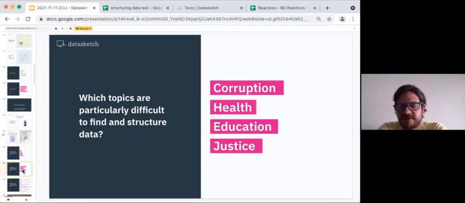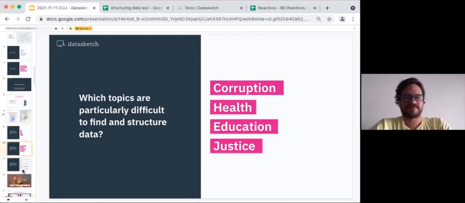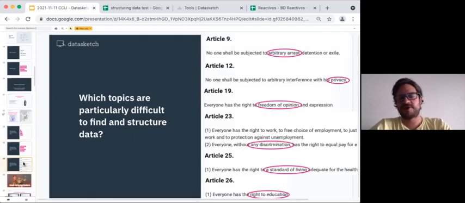And these are not the only topics. So basically anything that's socially relevant in journalism is usually very difficult to find information, or the information that does exist is not necessarily the most organized. And at the end of the day, what I've noticed is that if we look here, this is